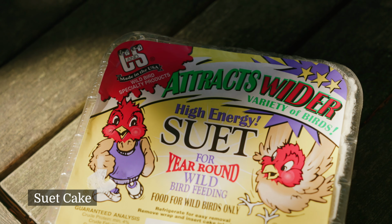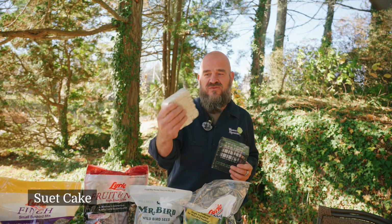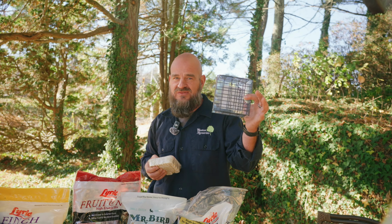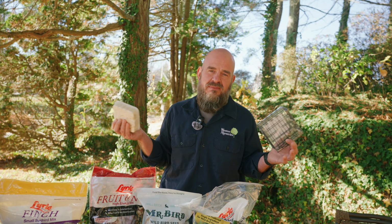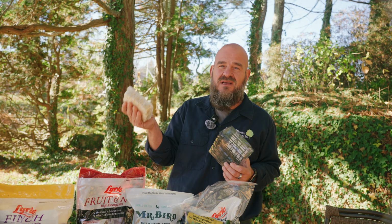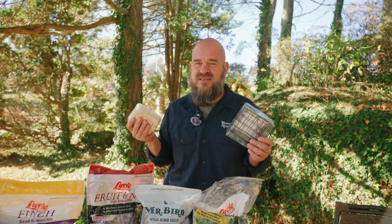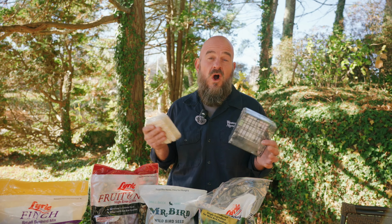Okay, going to that final one, we have suet, which is a cake of fat, seed, fruits, and nuts, which goes right here in this feeder, a special suet feeder. Like I said, this is one of my favorites, probably because it makes me think of my grandmother and making suet with her. Now that it's all pre-made, it's a lot easier, it's a lot less messy, and it's a little less gross. However, as I mentioned, this is high fat, high protein, and really great for all different types